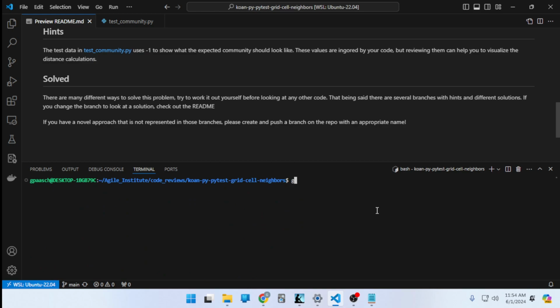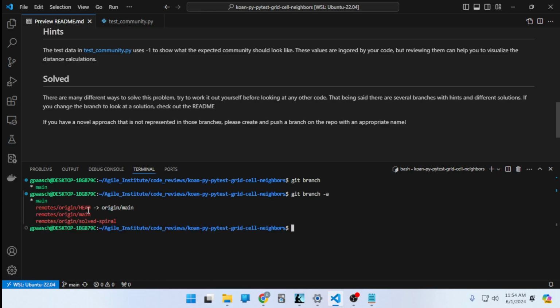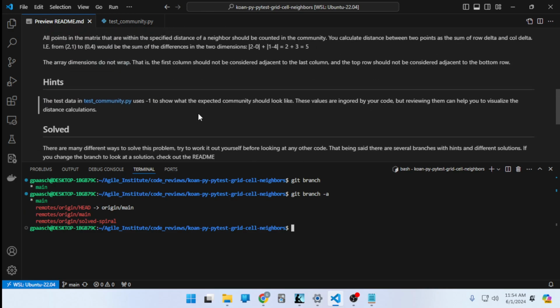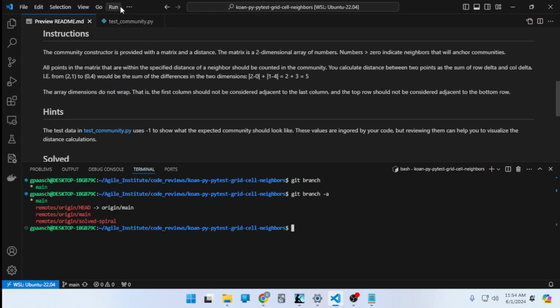So if we do a git branch, this is how it works. So in my local repo, all we did was pull down the main branch. So now we need to look at what branches there are in total in the remote repo. We can do that with the command git branch -a. And now we can see we have an extra branch here, and the extra branch has the solution. All right, but let's try to